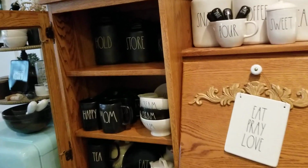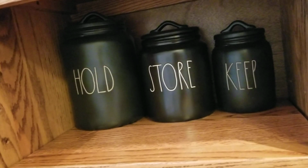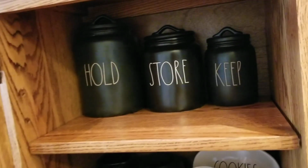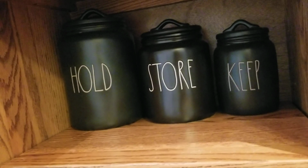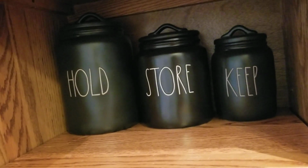And remember the other day how I said that the store looked like it was shinier? Well, it definitely is. And you can kind of see that the letters on it are bright white versus hold and keep. So it definitely looks like these were made maybe in 2 different years. Like maybe the shinier stuff is the newer stuff and the matte stuff is the older stuff, even though I bought this all within the past,